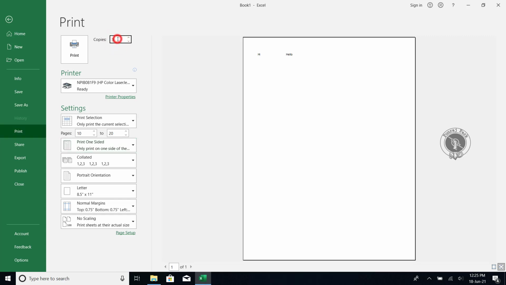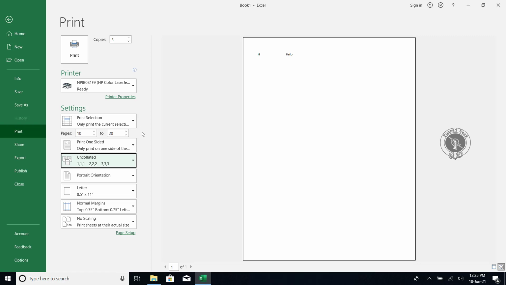copies. If you see here 3 copies, so what it will do is, the first page it will print 3 times. For normal collated, it will first print 1 set, then the 2nd set, then the 3rd set. And when you select uncollated, the first page will be printed out 3 times, the same page, and the second page will be printed out 3 times. Then you have to arrange the first page of this set and the first page of that set.